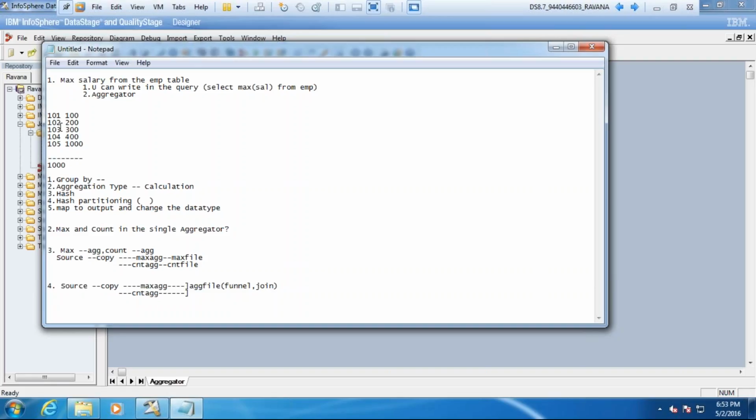On the salary. If you give department number, will you get the maximum salary as 1000? Sir? No. No, because each are different, right? 101, 102, 103. How many groups it will form? 5. 5 groups. So you won't get the 1000. So no point of keeping department number as a group by.